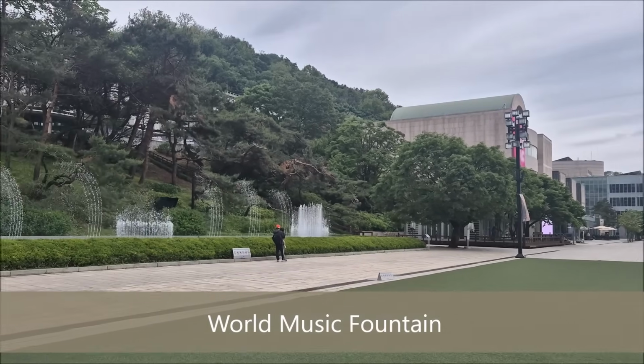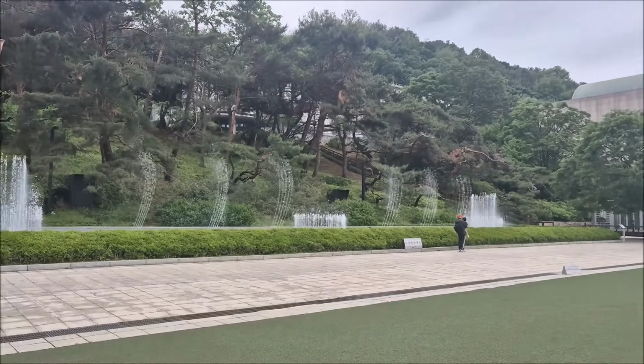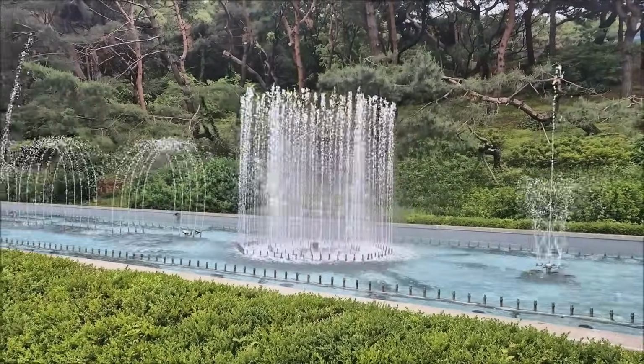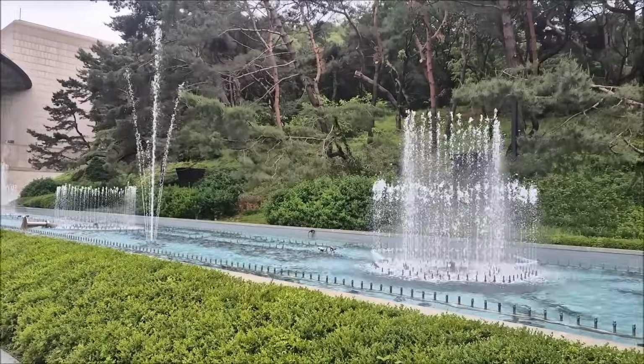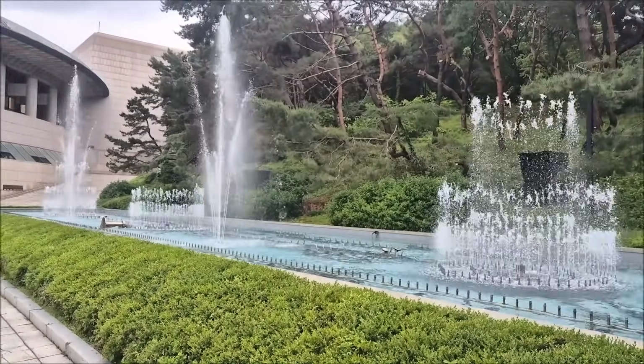The music fountain, which shows various fountain movements to the music that flows, is very popular as a summer outdoor outing place because you can feel cool all over your body while enjoying classical music. The World Music Fountain at the Seoul Arts Center in Seocho-gu operates twice on weekdays and 5 times a day